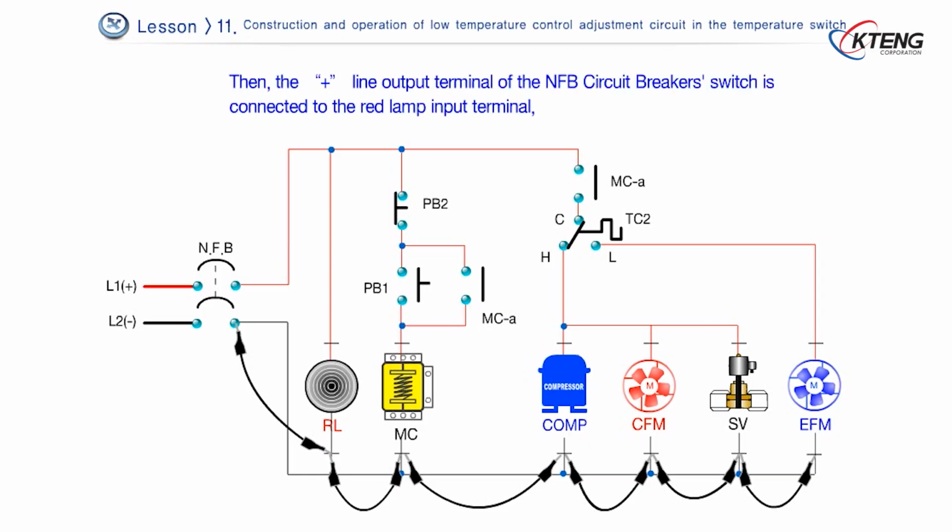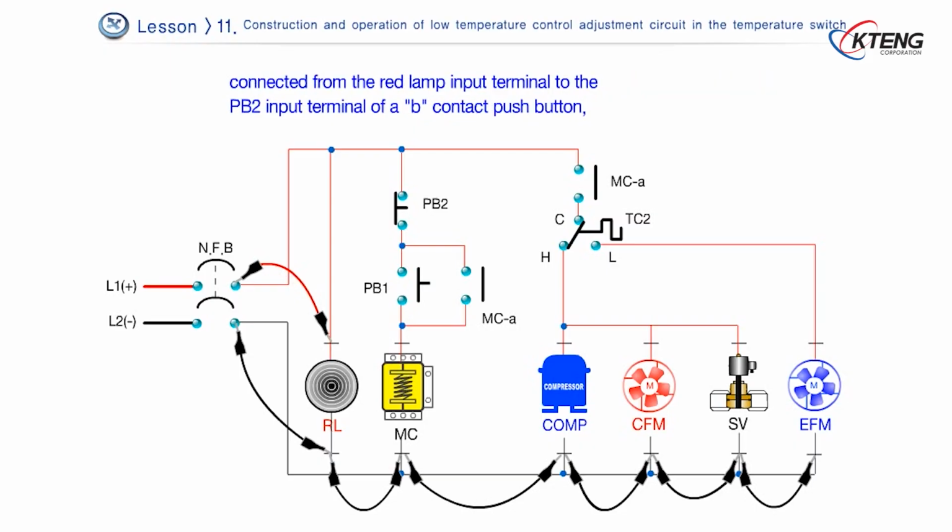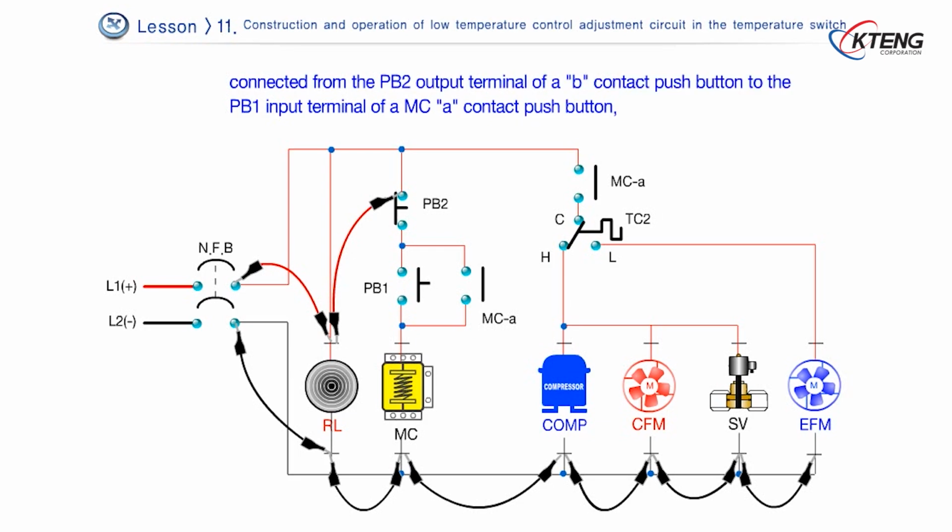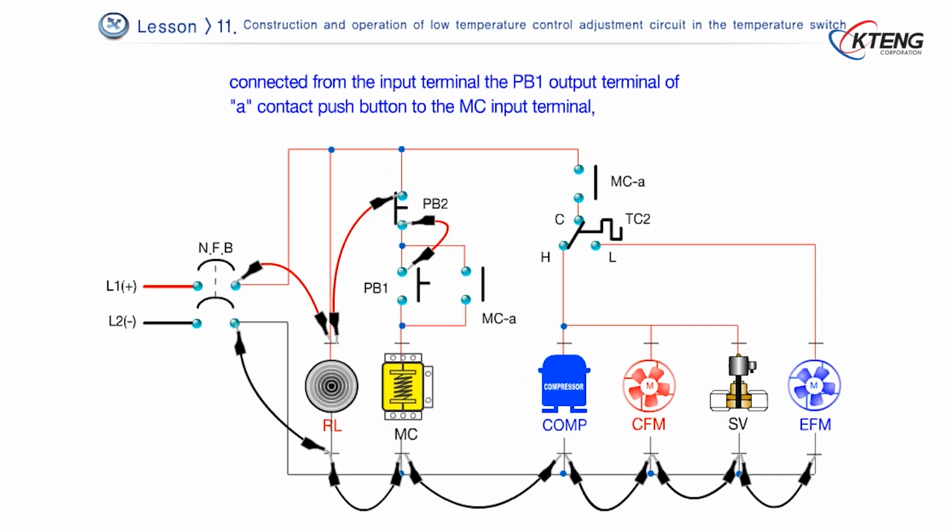Then the plus line output terminal of the NFB circuit breaker switch is connected to the red lamp input terminal, connected from the red lamp input terminal to the PB2 input terminal of a B contact push button, connected from the PB2 output terminal of a B contact push button to the PB1 input terminal of an MC A contact push button, connected from the PB1 output terminal of A contact push button to the MC input terminal, and